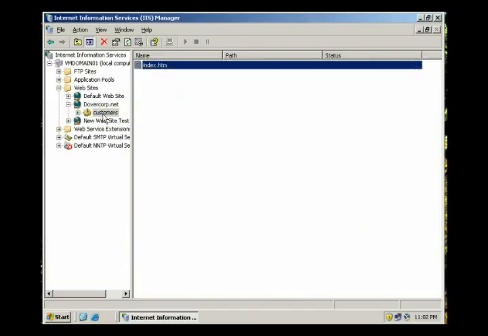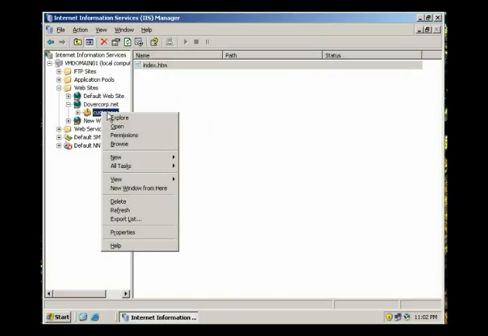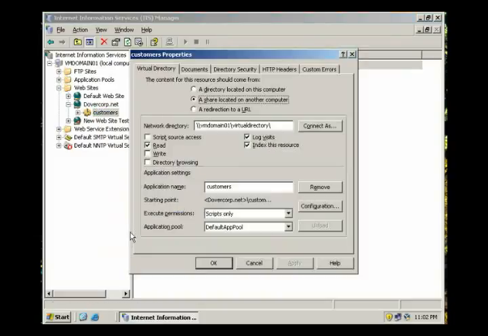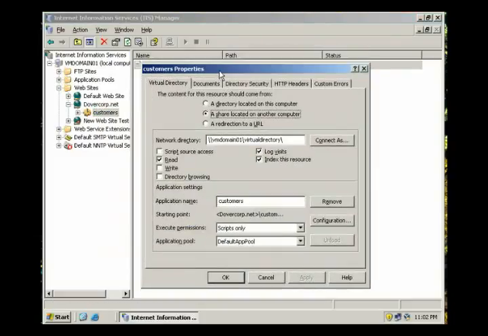And now we have a new grouping called customers as our virtual directory, and of course it shows the file index.htm which is in there. And now we can right-click, say properties, and we just want to double check some of these. Customers was the name we gave it. Read, we'll say cancel,